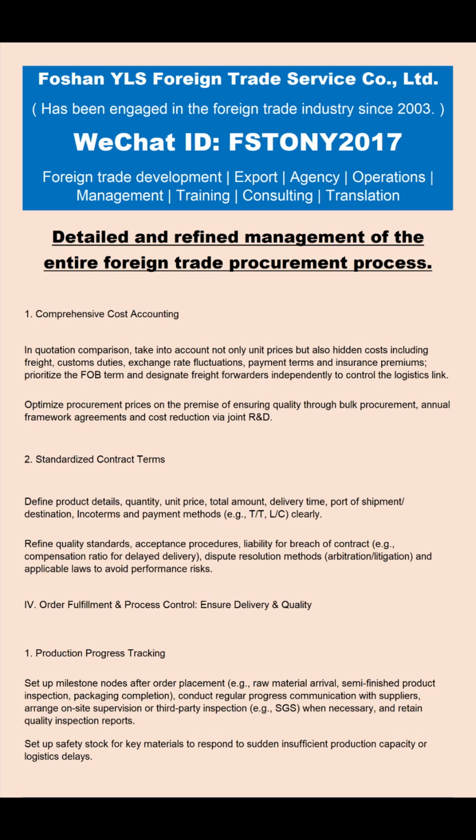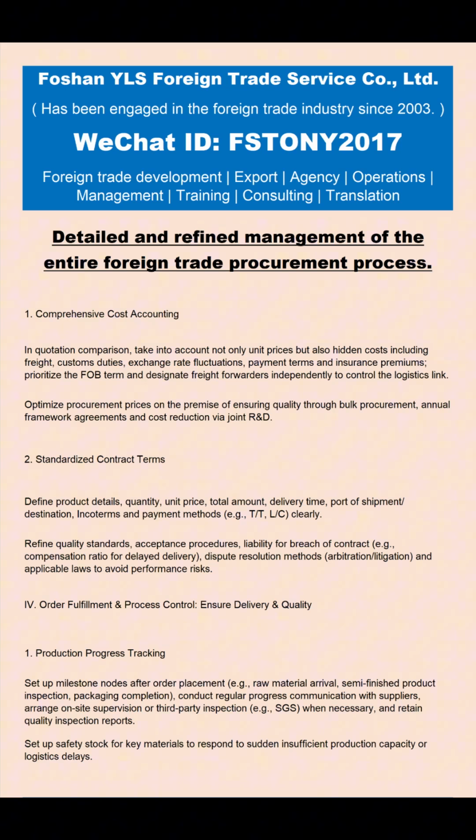IV. Order fulfillment and process control. Ensure delivery and quality. 1. Production progress tracking. Set up milestone nodes after order placement, for example, raw material arrival, semi-finished product inspection, packaging completion. Conduct regular progress communication with suppliers, arrange on-site supervision or third-party inspection, for example, SGS, when necessary, and retain quality